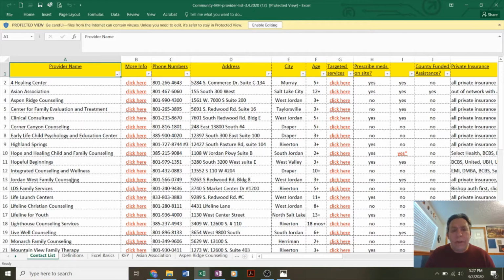This list is free to the whole community. You can find it on our website. It's always available. And so some of the special features about this particular provider spreadsheet that we put together is,